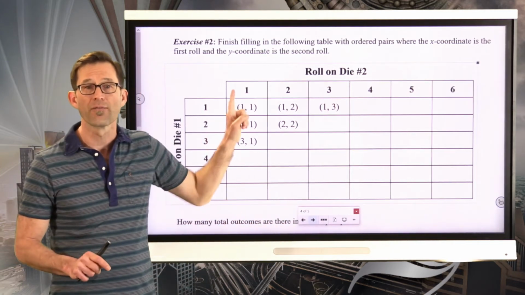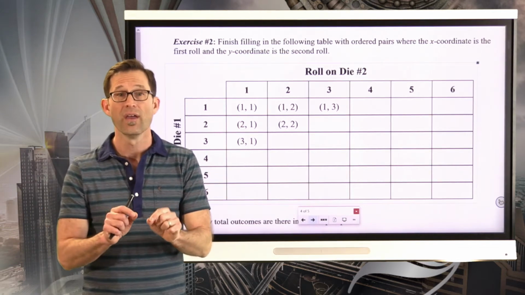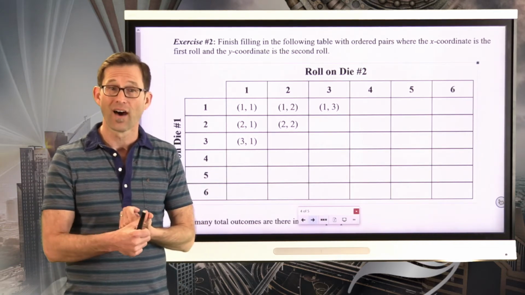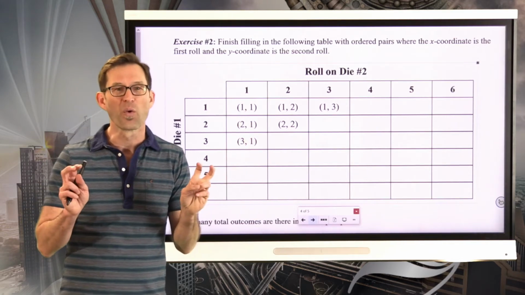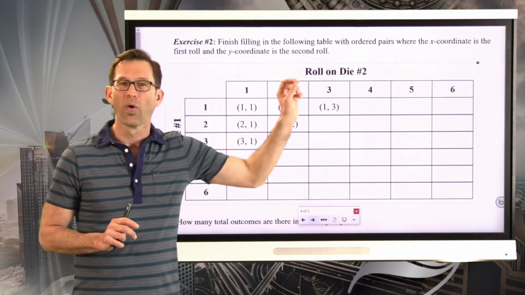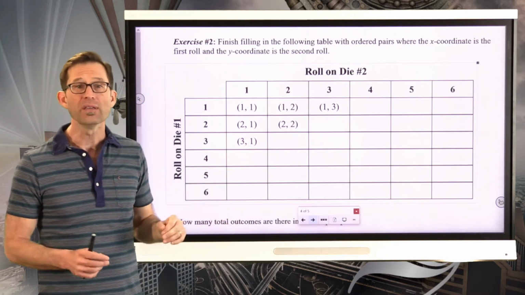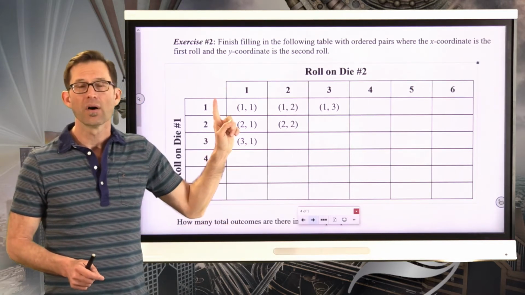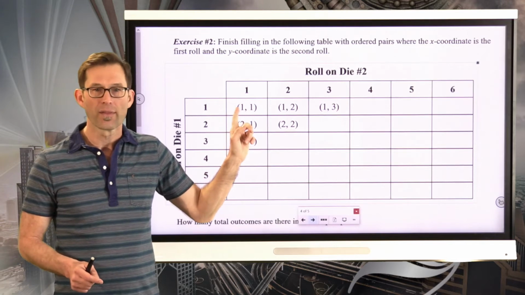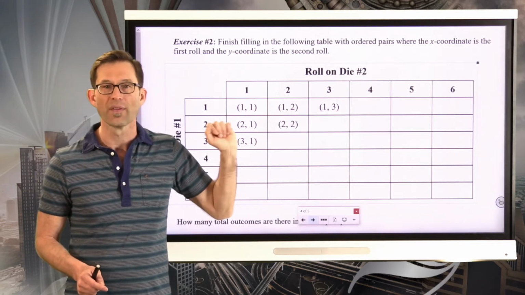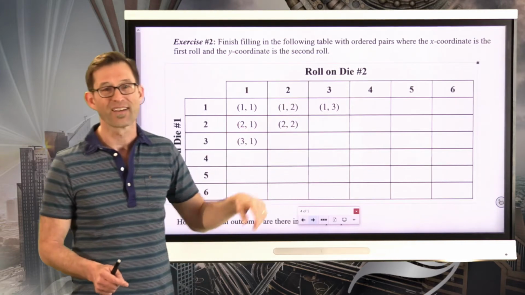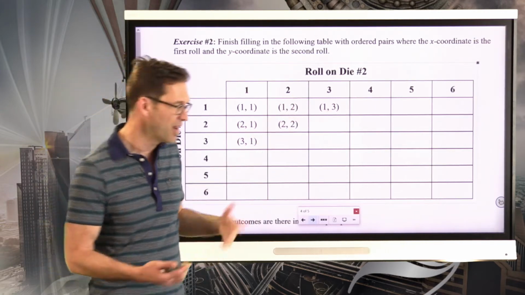Ordered pairs meaning that the first number represents something. It represents what I rolled on die number 1. And the second number in the pair, right, the y-coordinate if you will, represents what I rolled on the second die. So it's really easy to fill in a table like this, right? So 1, 1 means I got a 1 on the first, a 1 on the second. 1, 2 means I got a 1 on the first and a 2 on the second. 1, 3 means I got a 1 on the first, a 3 on the second, and then I could keep